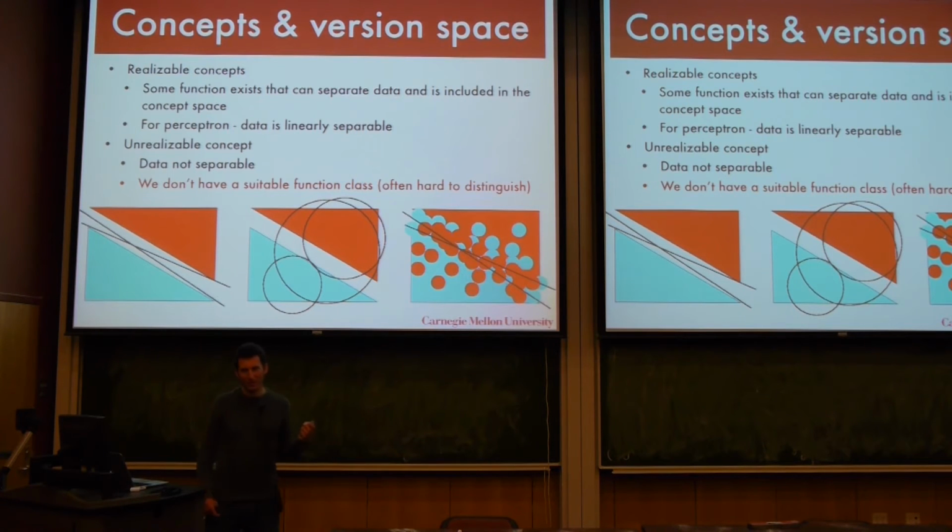No matter how much data I give you, even though it would be separated in some space, they will separate in the space of circles. Now, the thing that you don't know is whether you're in the situation of triangles and circles, or in the third case, where the data is very noisy along the boundary, where you simply cannot separate. Of course, if you look at it, you'll say, well, yeah, it's kind of obvious, you can live with circles and triangles, but in general, it's very high dimensional data. You can't do it quite that way. It's just really hard to visualize that.